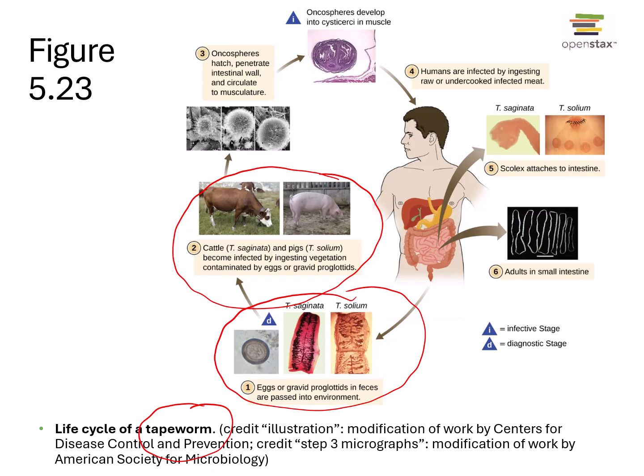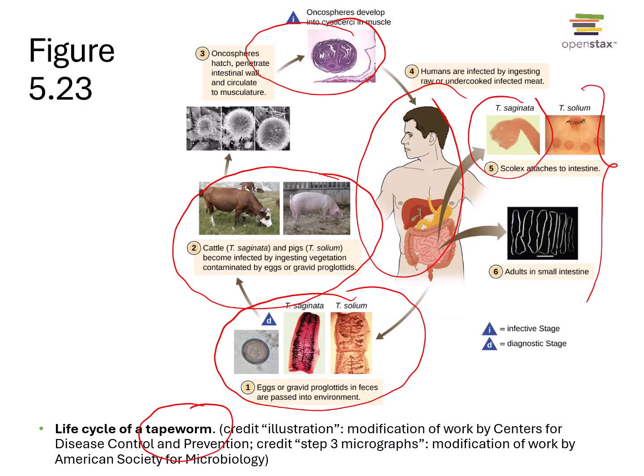The worm develops into a cyst within the animal host's muscle tissue, and we get infected when we eat undercooked meat containing these cysts. The worms will mature in our bodies, where the scolex will attach to our intestines, forming ultimately segmented proglottids, and those are going to release more eggs or gravid proglottids into the feces to continue the